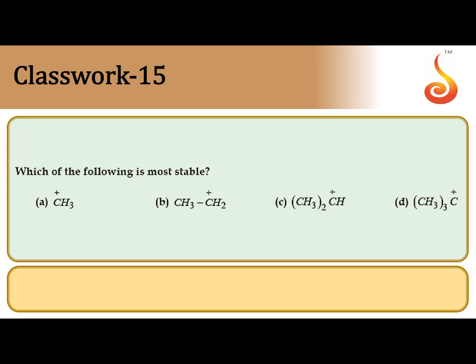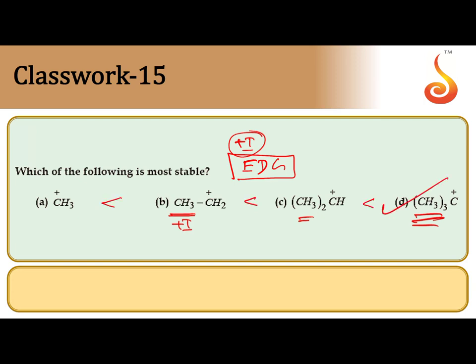Which of the following is the most stable one? We know the stability of carbocation is increased by a plus I group. An electron donating group can increase the electron density on C plus, so that the magnitude of positive charge decreases and stability is increased. So in here 1 plus I group, electron donating group, here 2 plus I groups, here 3 plus I groups. So as the electron donating nature increases, stability is increased. This is the correct order. So most stable means D, tertiary butyl carbocation, 3 degree carbocation.